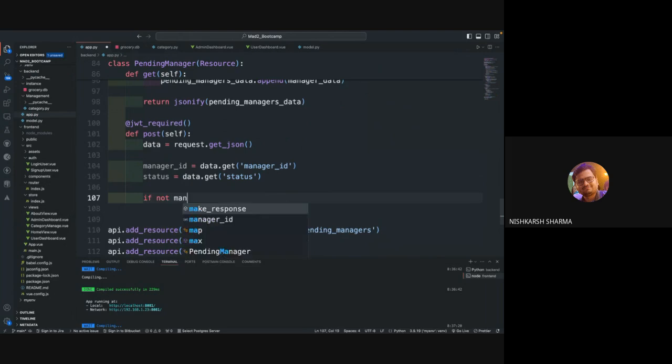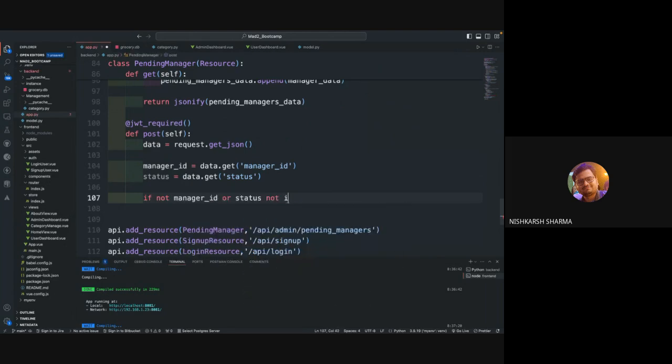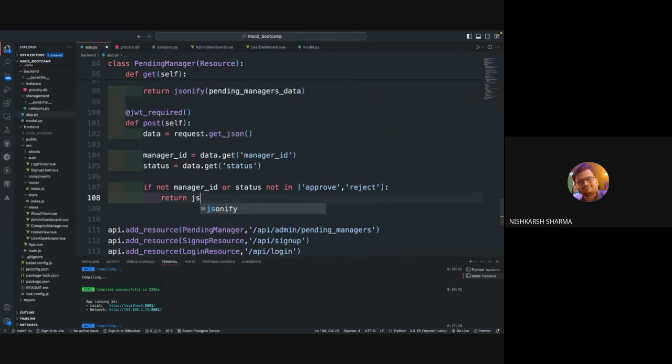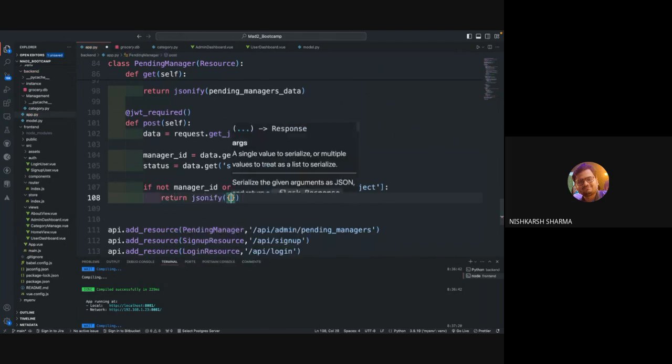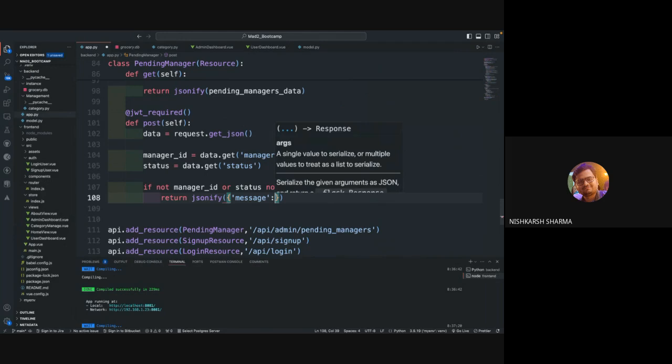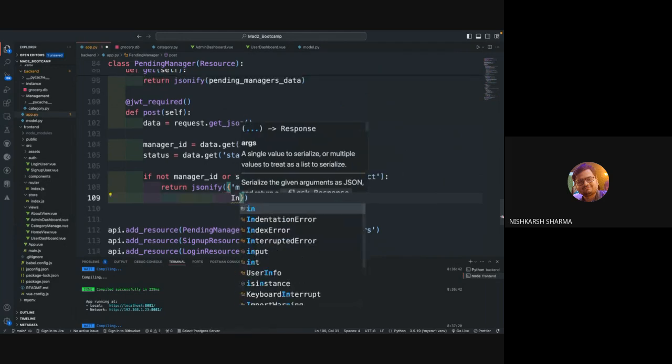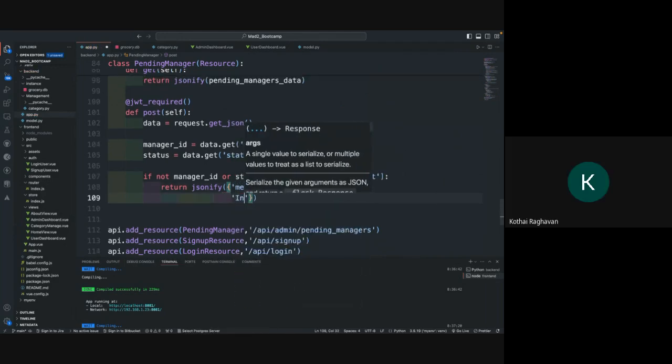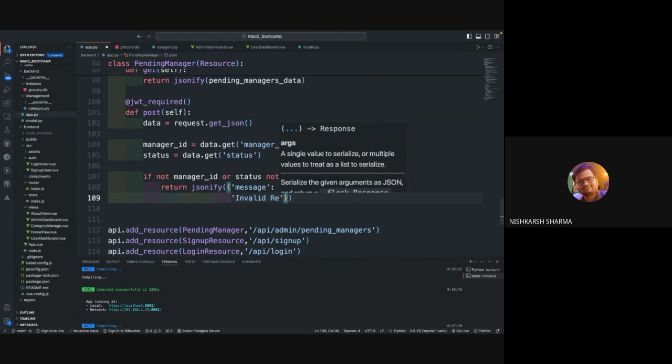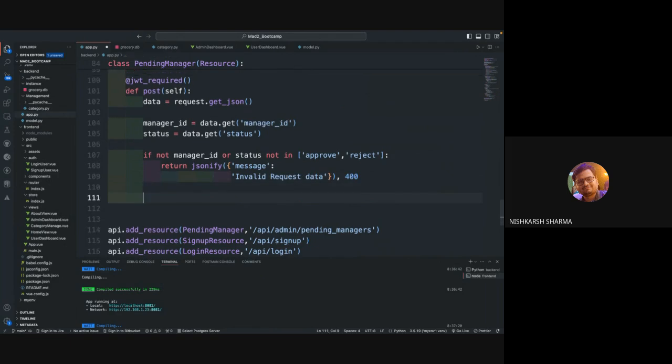Now if not manager_id or status in request data. So here what we are just saying is, if we are not getting the manager ID or